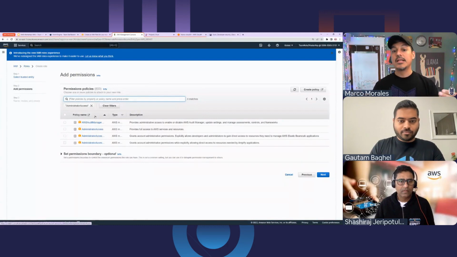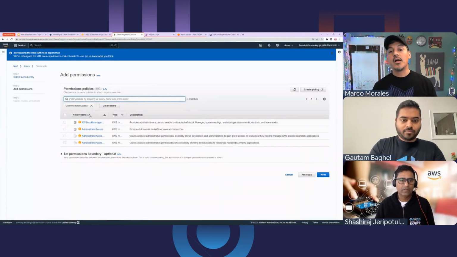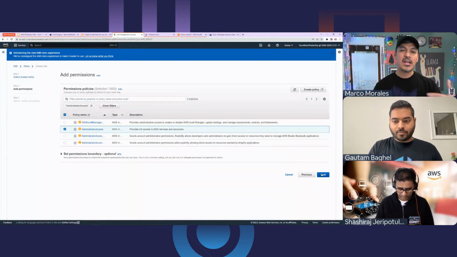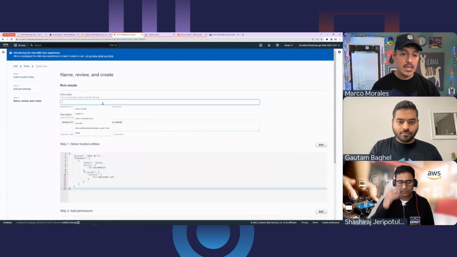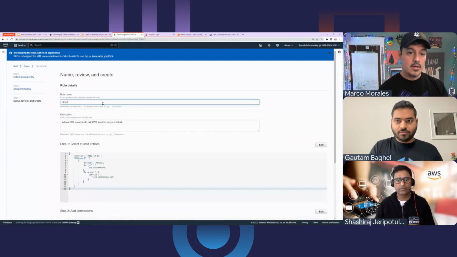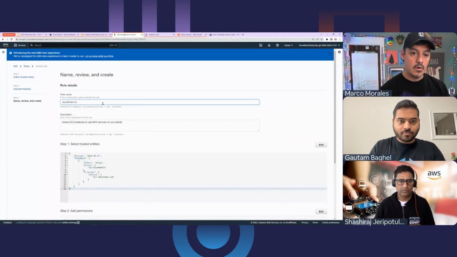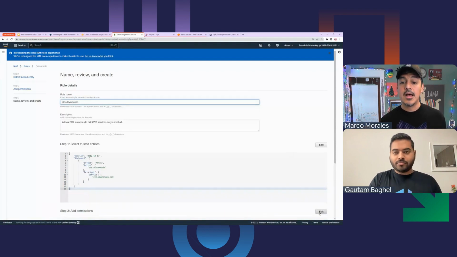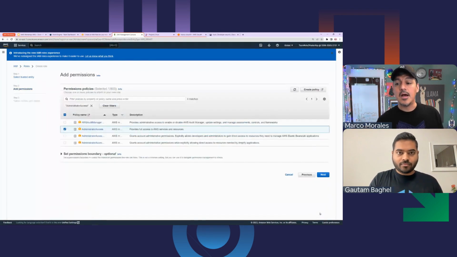Here it is. So what I did is I'm creating a new role. I have this one called administrator access. I'm enabling the box, and I'm clicking on the word next. I can click on a whole bunch of these roles if you're not used to this, but what we're really doing is creating a set of policies. And I'm going to call this a Cloud9 IAM role. It's going to be the only one that we create, so it's not like we are going to have a large list. If your company has its own policies for how you name, you would do it the right way for your environment. I'll click on add permissions. So we're doing next.